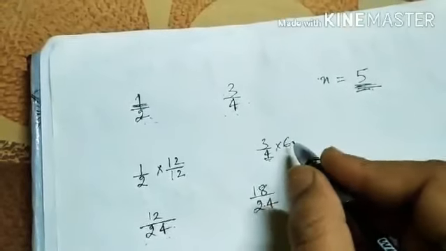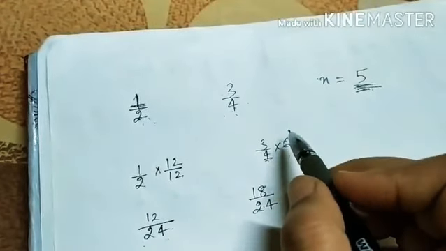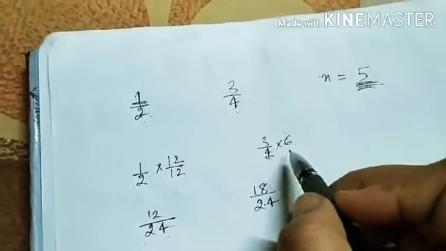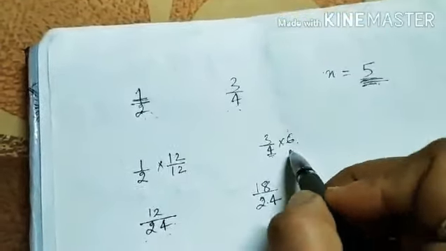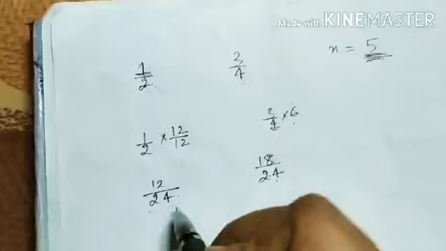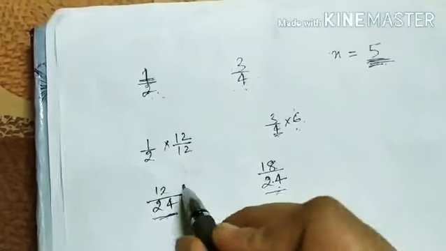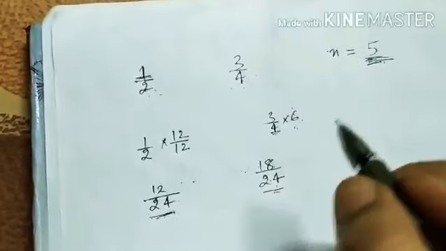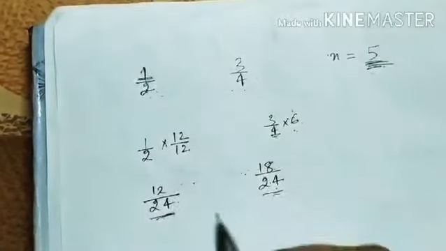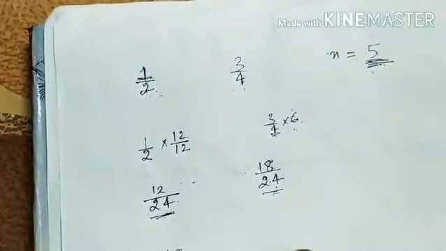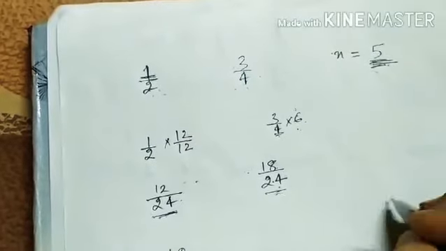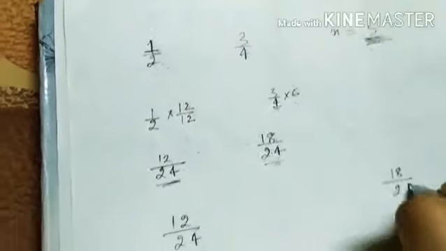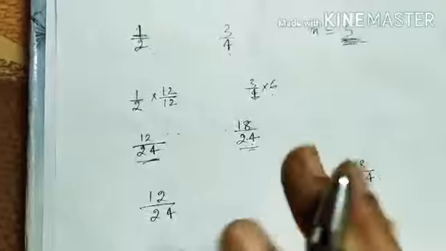We have to do the multiplication in both the things, right? Numerator and denominator. So it has become 18/24 and it has become 12/24. Since our denominator is same and we have enough space between these two numbers that we can get 5 rational numbers between them. Understood? So what it is? 12/24 and this is 18/24. We have to accommodate 5 rational numbers.